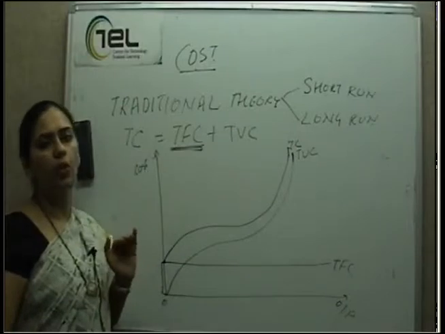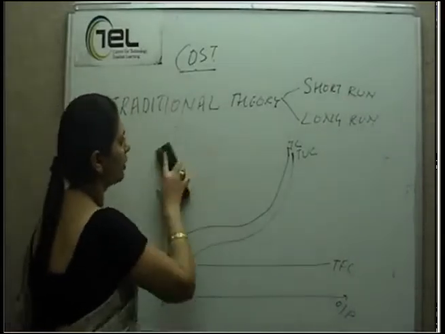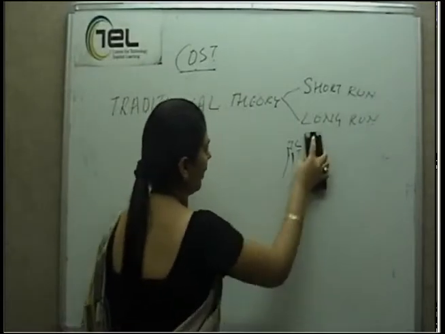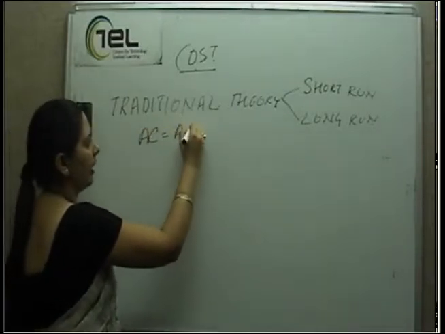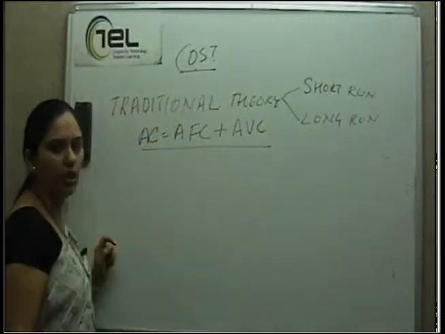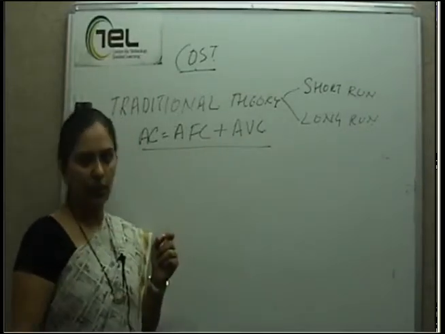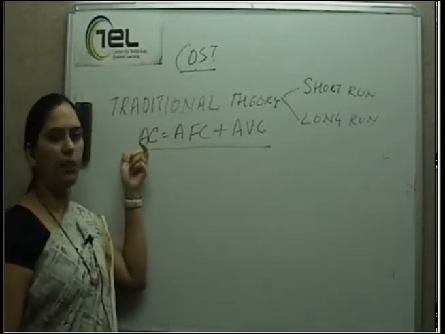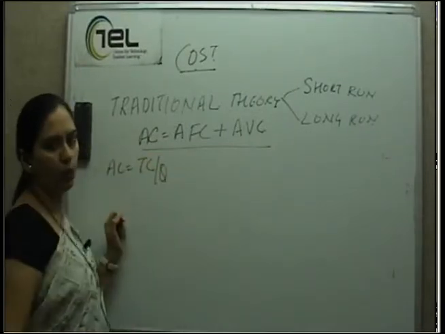Now I will come to all the concepts of average cost. So as in total cost, my average cost would also be summation of average variable cost and average fixed cost. So AC is nothing but AFC plus AVC. That is average cost is a summation of AFC, average fixed cost, plus AVC, that is average variable cost. Now as the concept says average, it is per unit. So we all are aware of the formula of average cost. Average cost is nothing but TC upon the level of output, that is Q.